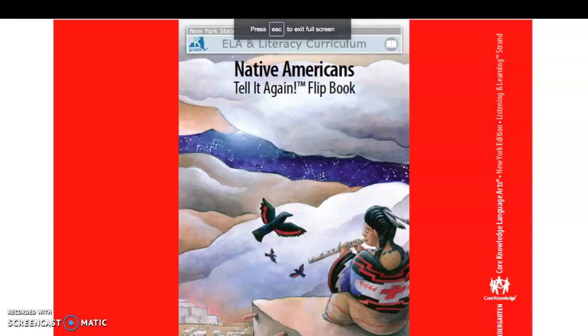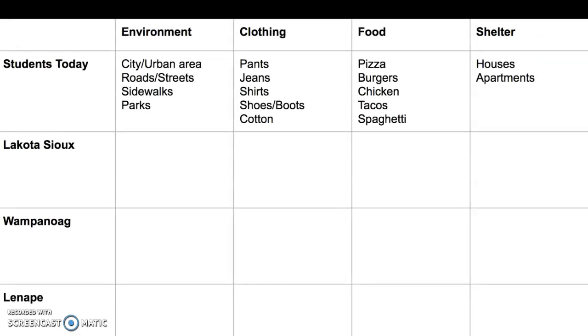Hi, scholars. So today we're going to continue with our Native Americans unit for listening and learning. So before we get started, I wanted to go over this chart that I'm going to incorporate as we're going